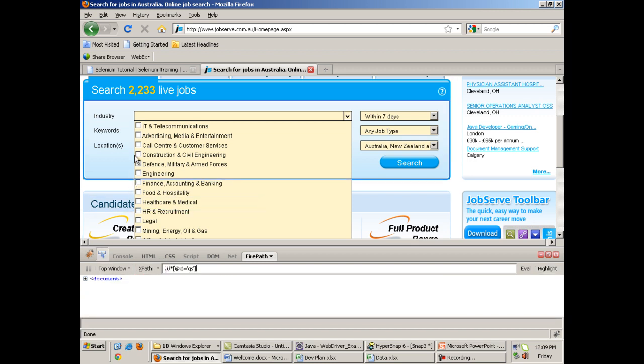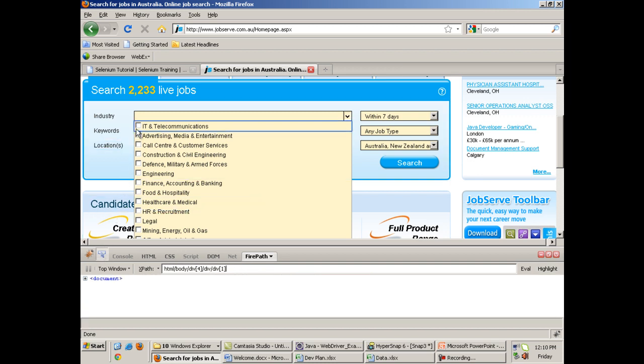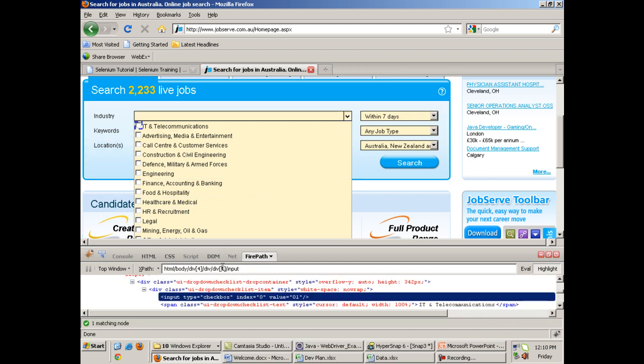The second checkbox has got this. So the div ID number is starting from 1 out here, then it is increasing to 2, then to 3. You see, the whole XPath is remaining constant except this div number. And the div number for the first checkbox is 1. So we got a pattern over here which we always look for.